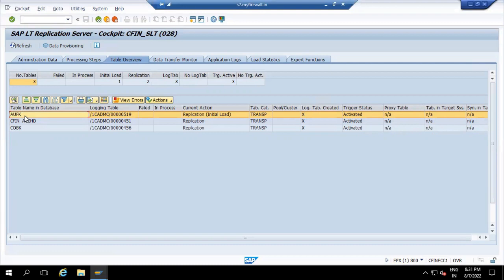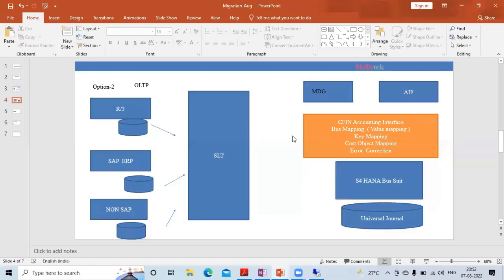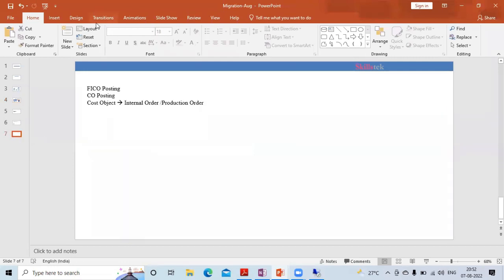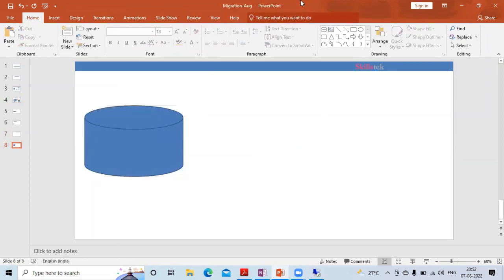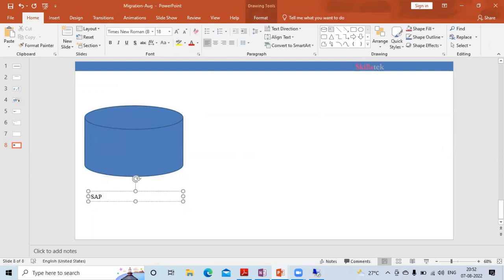I know it is not enough related to SLT. In detail, we will have a couple of sessions on SLT, although it is a purely technical job. Let me explain in simple language what SLT is and how SLT works here. SLT is nothing but middleware. This one connects our source system with the target system. This is your SAP source system. In the SAP source system, we have